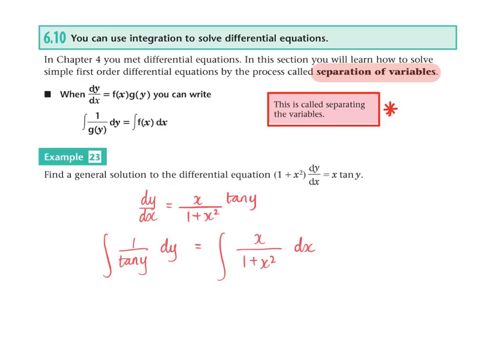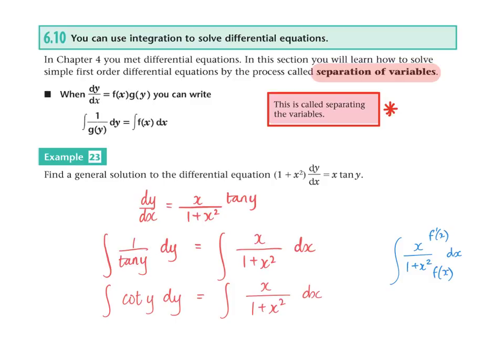We'll change the 1 over tan y into cot y, so that gives me the integral of cot y dy is equal to the integral of x over 1 plus x squared dx. If you notice, x over 1 plus x squared, this is our sort of recognition. It's an f dash of x over an f of x. Now if we differentiated the bottom, we'd get 2x, so we've got to put a 2 in there and a half there. And that allows us to do